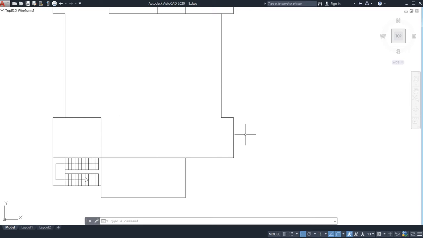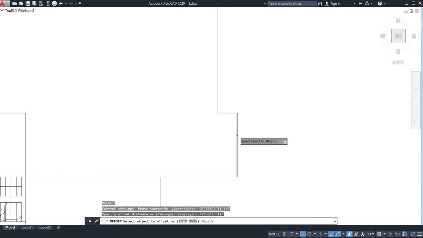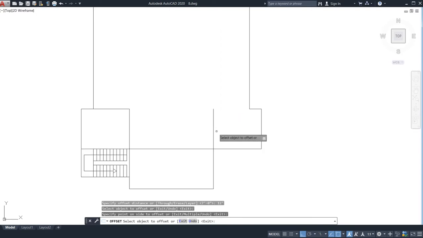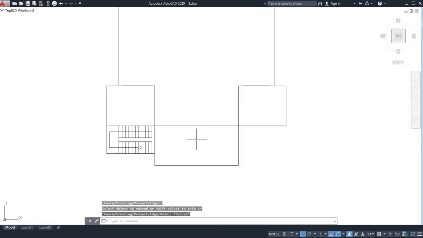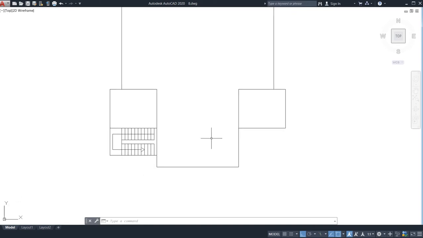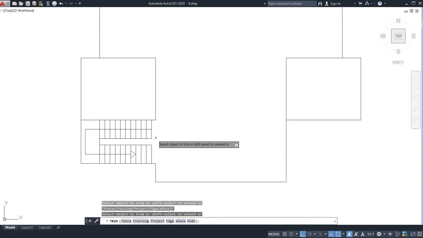Here I need to keep the same thing, like offset of the same 12 feet, here up to here. This will be my bedroom, right? So what I need to do here is extend it. Here it has been attached, right? So I'm going to trim it here up to here, so you can see it here. After that, you can see this is my extra part, right? Because I need only 20, so I have deleted it.